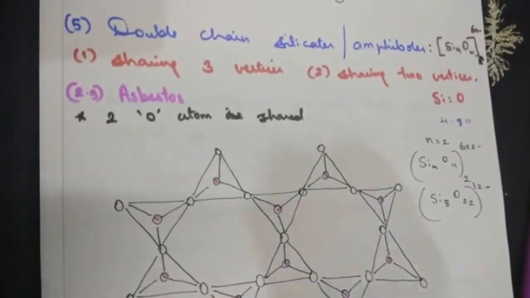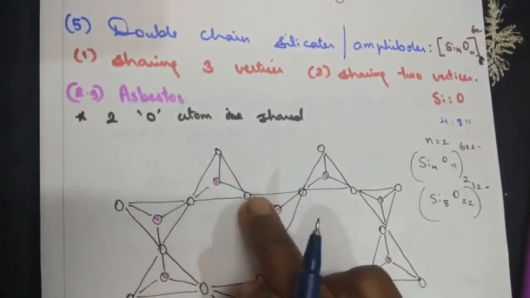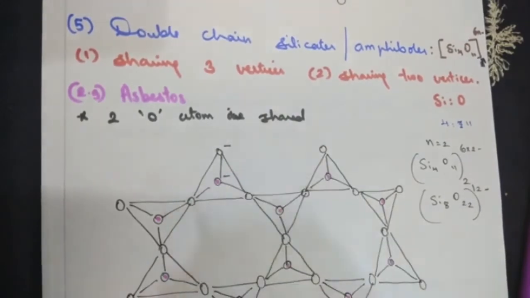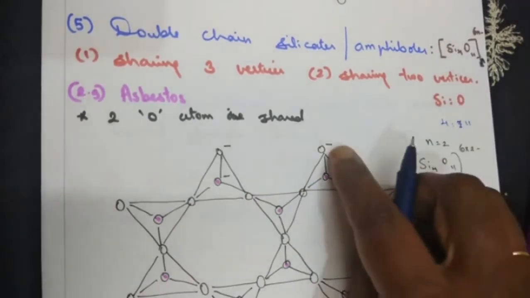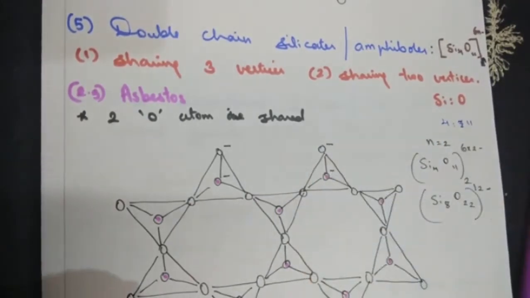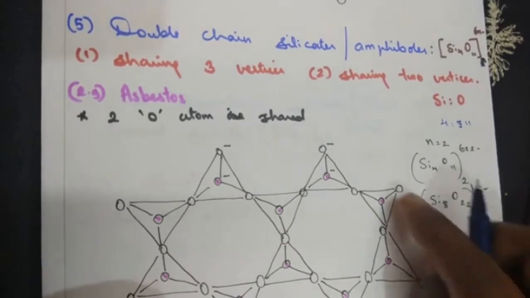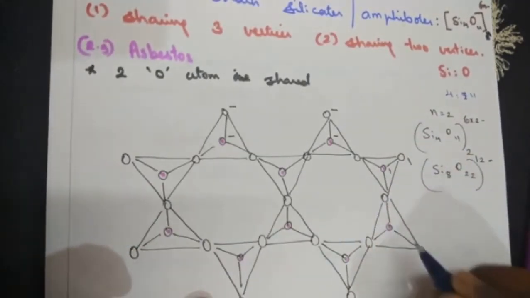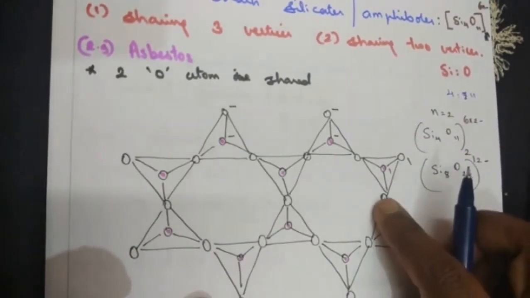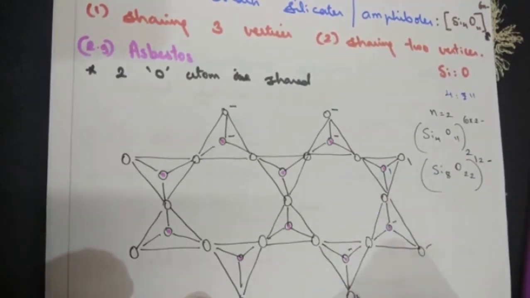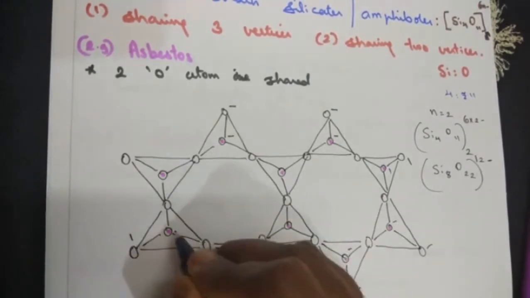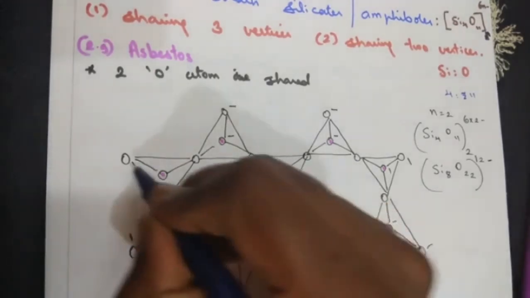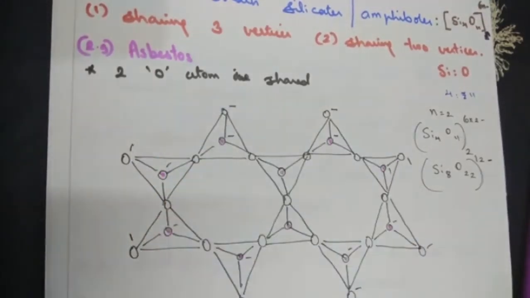Now next one, let's calculate the charge of it. When they share the 2 oxygen, the charge on the terminal oxygen and the oxygen behind the plane will remain as it is. Similarly here the charge will be retained. Here also the charge will be there because these 2 atoms are shared. Charge remains here. Similarly come back for this, charge remains on these 2, here they have shared themselves. Similarly for this, charge remains here, they have shared the electron. Charge remains here, these 2 oxygen have shared.